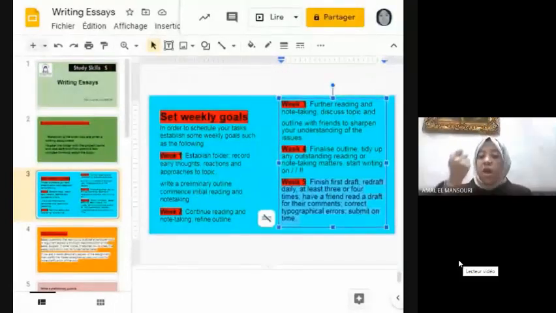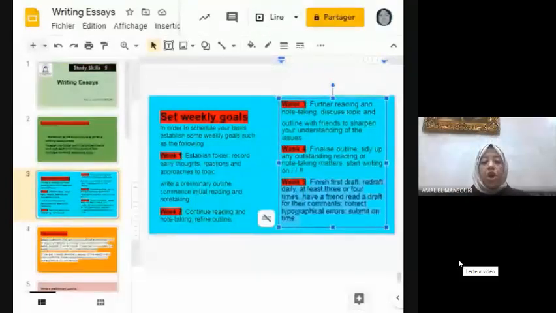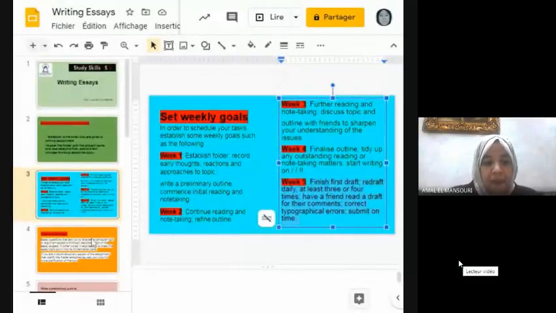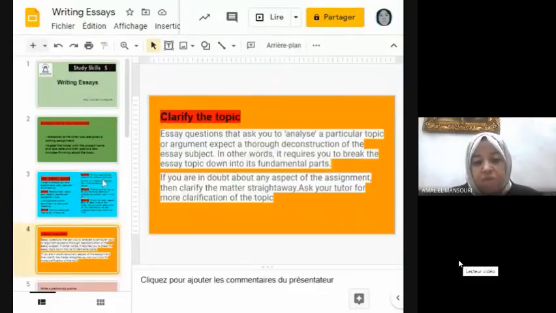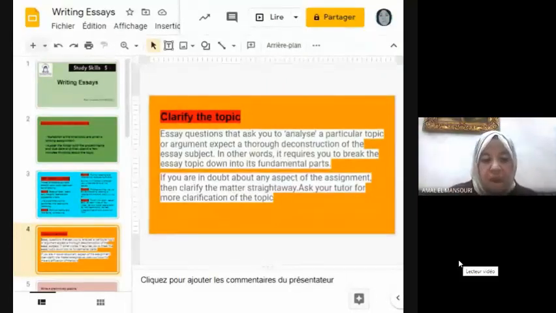And then you have to submit your paper on time, of course. Now, these are the things that you have to do before starting to write, and how to organize your time.